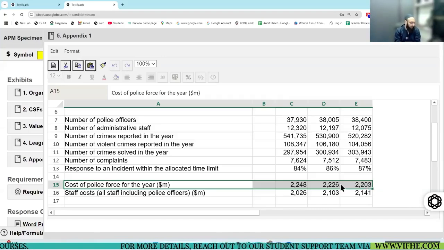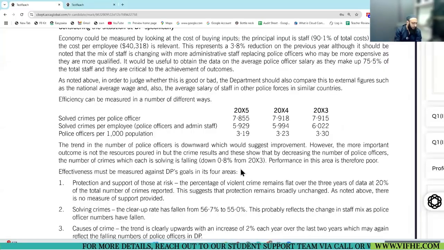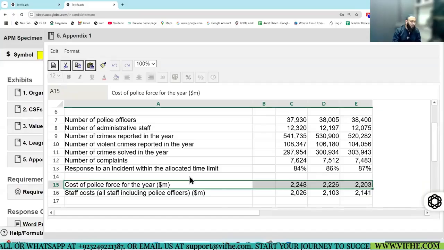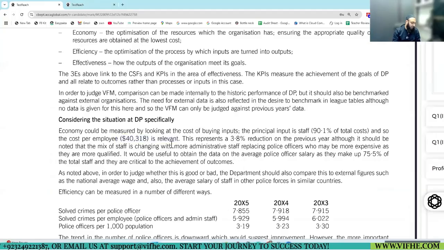Right? Okay. Now, by looking at the calculations, they have worked out cost per employee. And if you compare the numbers you can do the analysis. I'll not go into the analysis. I'll just tell you that this cost, I think, has gone down.